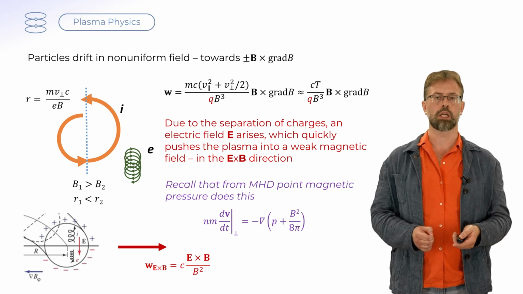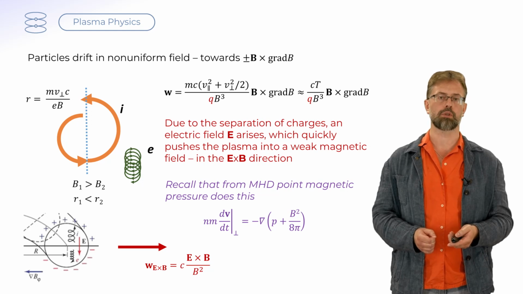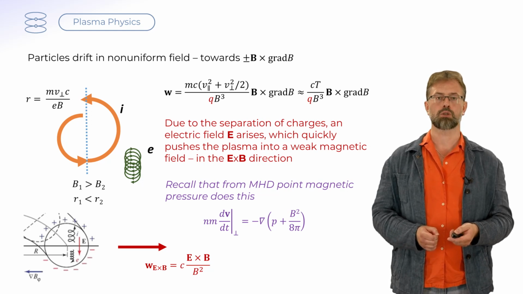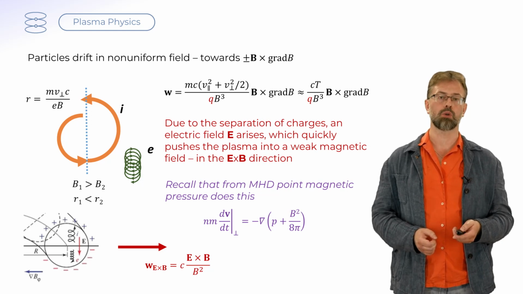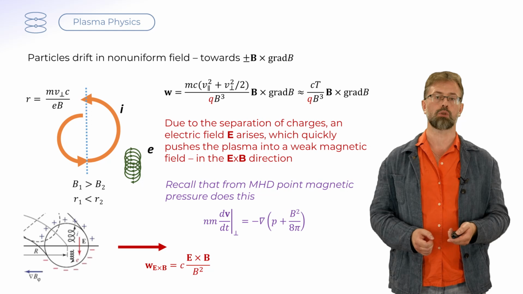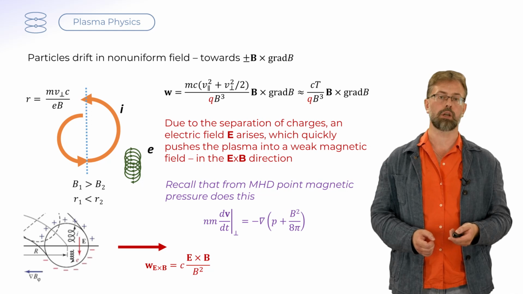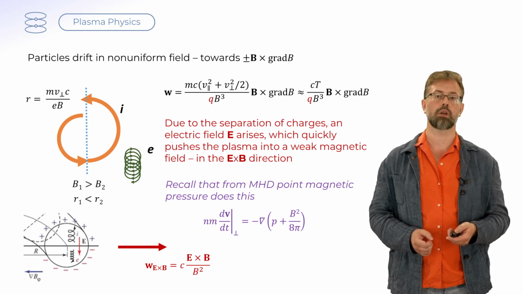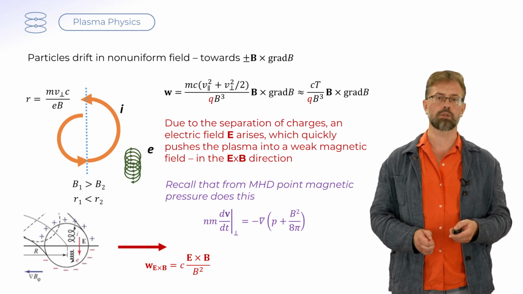The larger field gives a lower radius of curvature, and the lower field gives a larger radius of curvature. So there is a drift as an average motion, and it depends on the particle charge. So electrons and ions move in opposite directions. This means an electric field arises, and this field can drive the whole plasma in the E cross B direction, namely into the